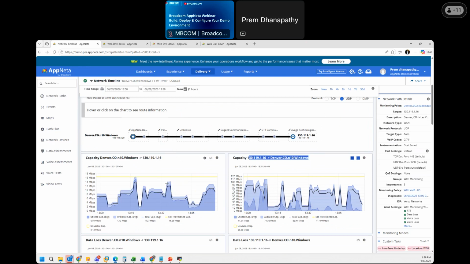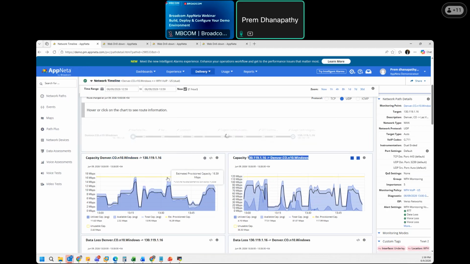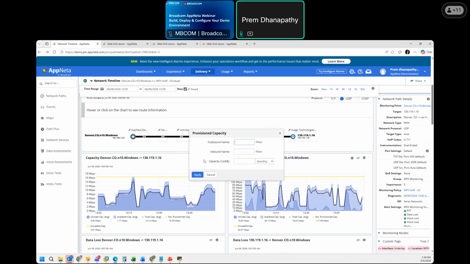So we can see the total capacity here is around 13.95, and it is almost 90% utilized. 12.44 Mbps is already utilized, and this yellow line is the provisioned capacity. So you can also edit the provisioned capacity. If you want to specify a provisioned capacity which you receive from your ISP, you can also specify it,